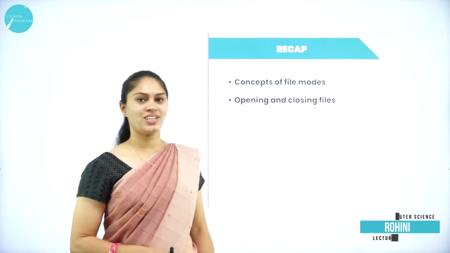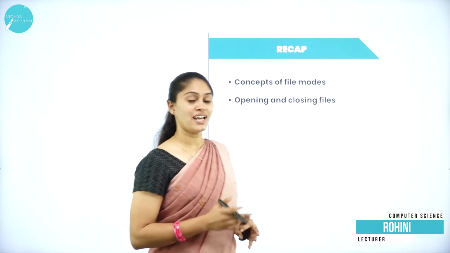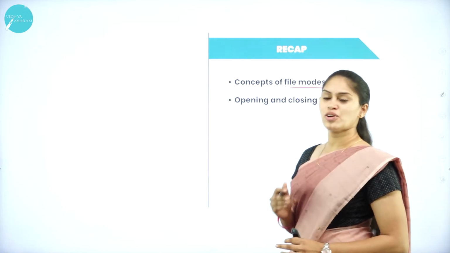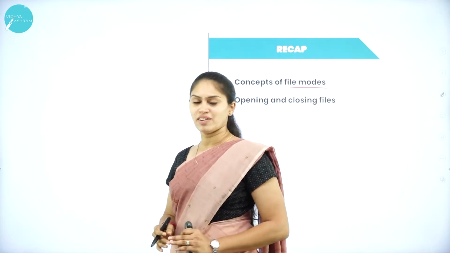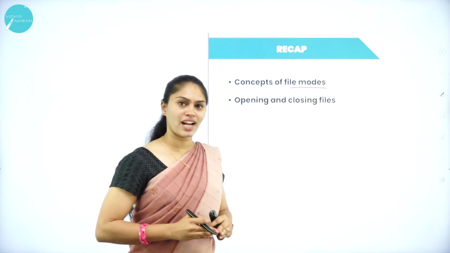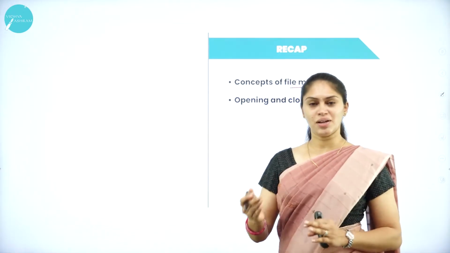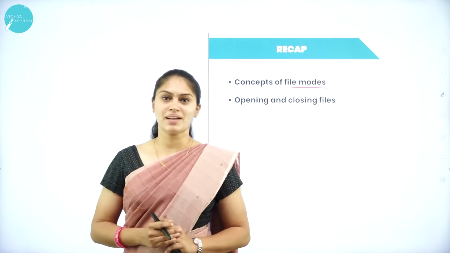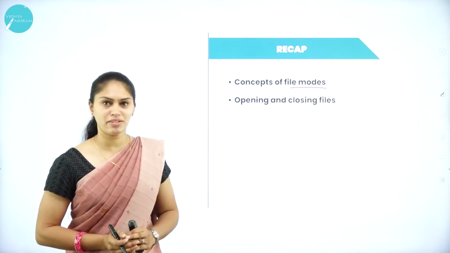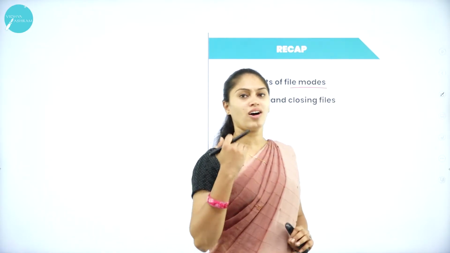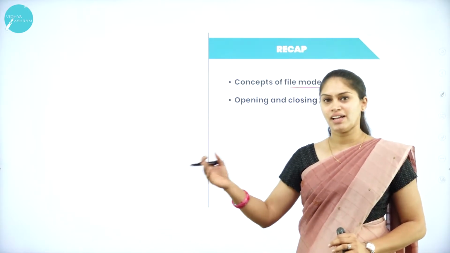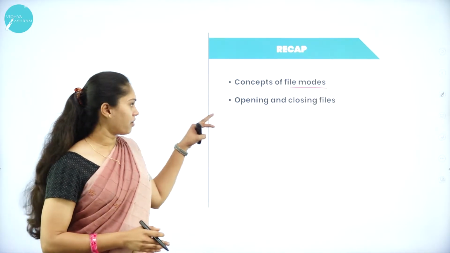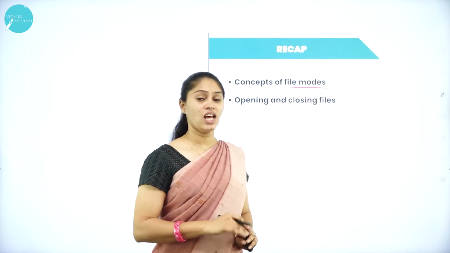In the previous session, I discussed file modes along with how to open and close a file. Coming to file modes, you have to concentrate on the classes along with the member functions which I am going to use. With the help of the scope resolution operator, I build a link between the member function and the ios class, that is the input output stream class. From that class, I define all the member functions, and you have to recall each member function along with its meaning, and whether it belongs to the input stream or output stream. And when it comes to opening and closing a file, opening can be done